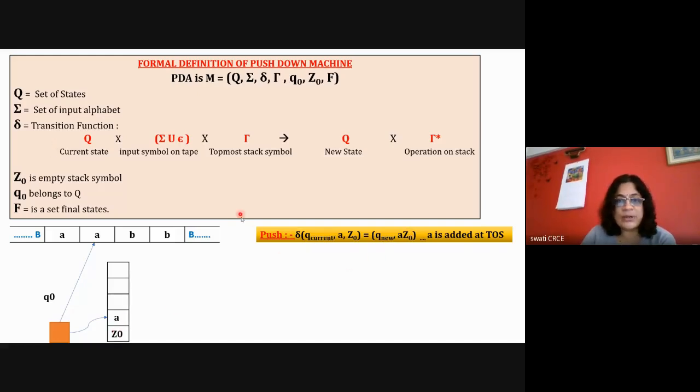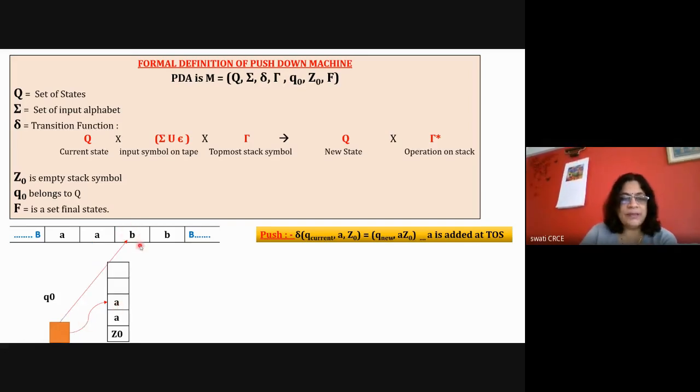So this is your delta. You can relate this to this. There is a group of 3 elements: Q0, A, Z0, on the left-hand side, and on the right-hand side, the new state. Suppose the new state is Q0 only, so it will remain in Q0. Assuming that, it is Q0 and AZ0, where AZ0 indicates the last 2 symbols, and that is indicated as a push operation. With the next A, it is added, the top of the stack is pointing to A, and the read head will go ahead.